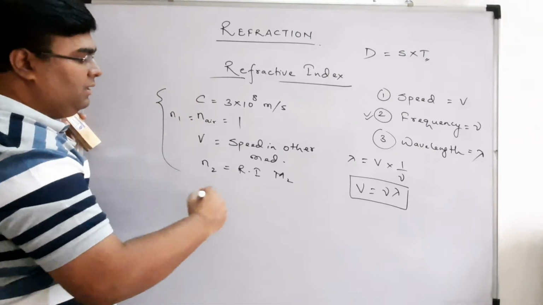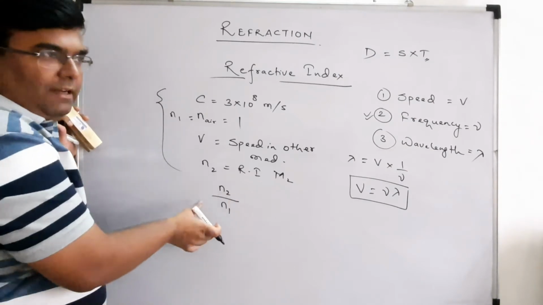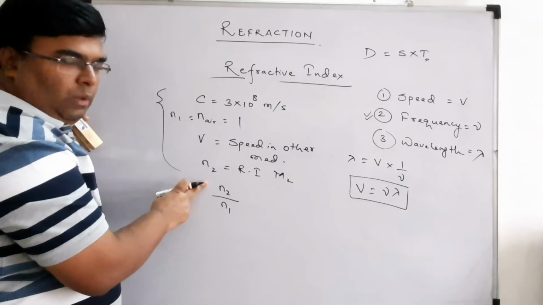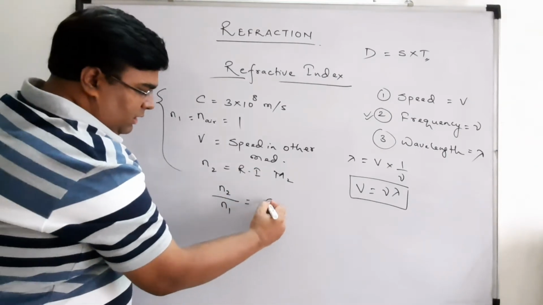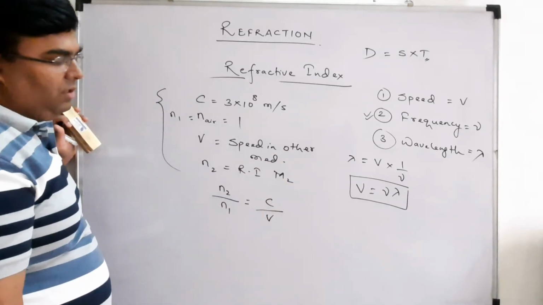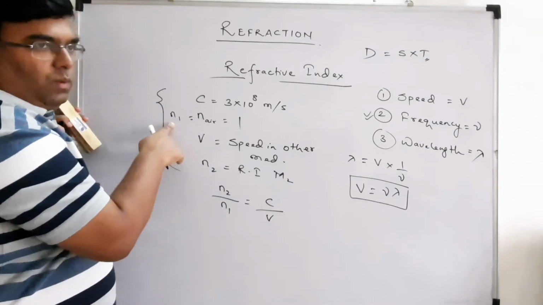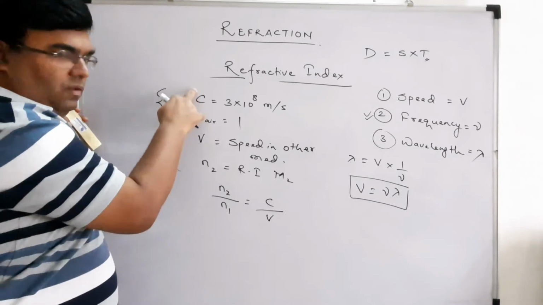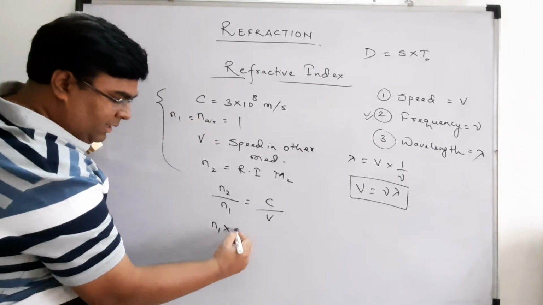It says that n2 by n1, the refractive index of medium 2 with respect to medium 1, is equal to c by v. So from this, n1 was air, or you can say the refractive index of the first medium. If you write it in this way,